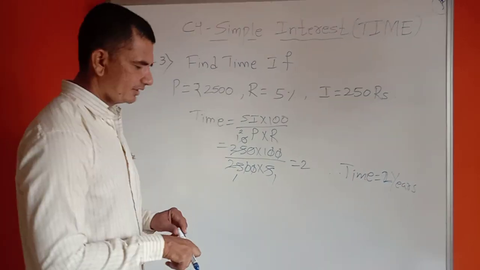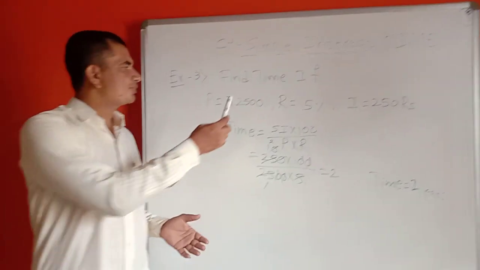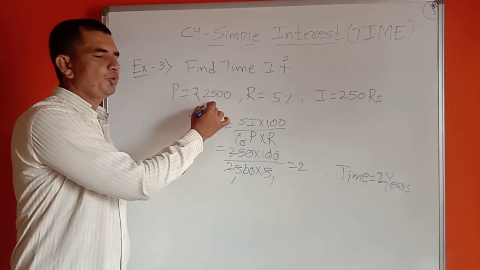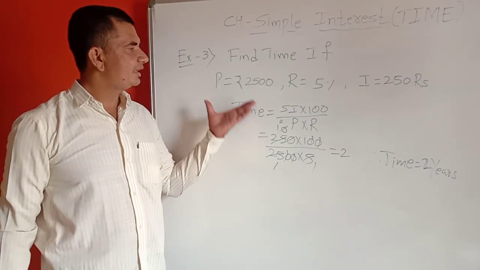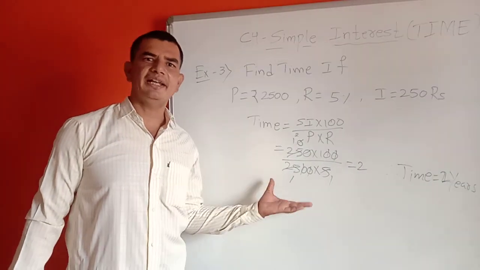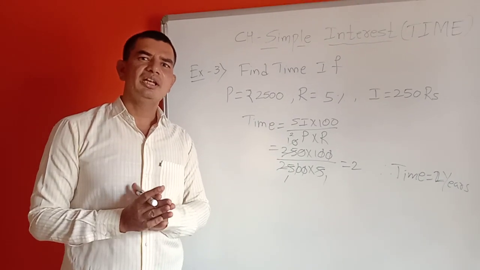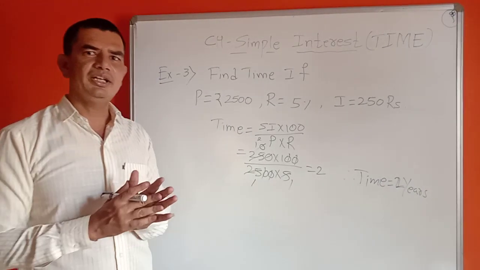Okay, students, like this you have to solve. You can practice these sums. You can take 1,000, 10, any number you can take. You have to change these numbers and practice. Just change the numbers and practice sums like this, 10, 20 like this. If you practice more and more sums, you will become perfect. Okay, friends, in the next video I will explain how to find out the rate of interest.